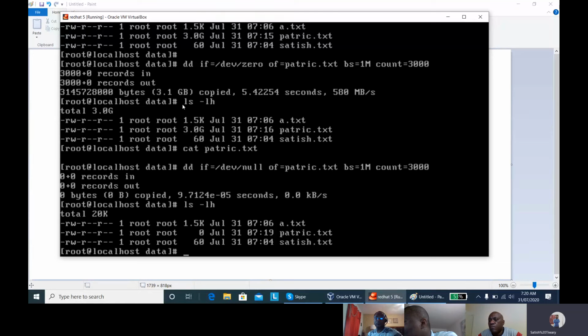Suppose you want to delete a file. If you normally delete a file, then cyber experts or cyber forensic people can recover your data, right? You know this truth, data recovery? There are so many data recovery tools in the market. So even if you delete a file using rm -rf or any method, they will recover your data back. But if you delete your file using this method, that data will not be recovered. Okay?